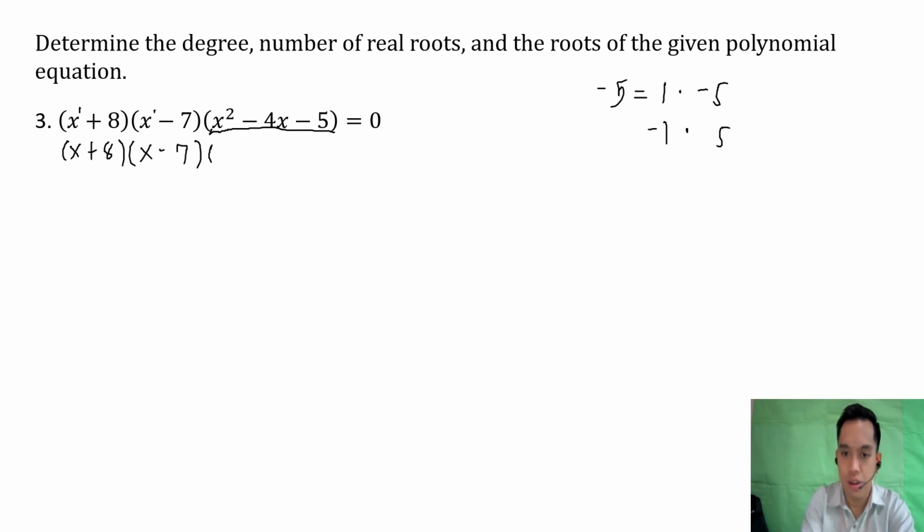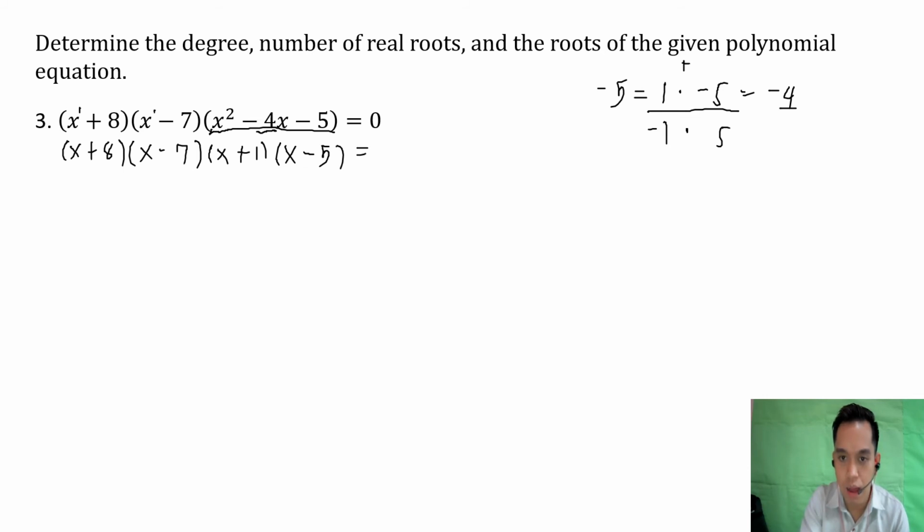Okay, very good. So, ang ating factor na gagamitin ay ito. Kasi kapag inadd mo yan, ang sagot ay negative 4. So, pareho siya sa ating middle term, sa coefficient ng ating middle term na negative 4. So, therefore, ang ating factor dyan ay x plus 1, positive 1 yan, at x minus 5, kasi negative 5